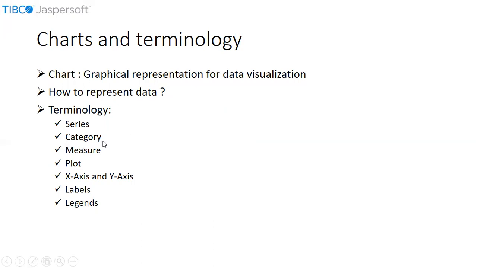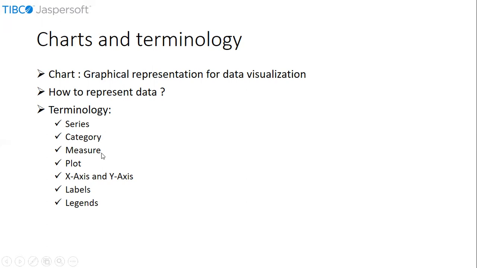Now, what is category? Category represents bins of the data. That means categories display the names by which the data is grouped. Categories correspond to the columns of the data in a given data range. In a product sales report, we can consider months such as January, February up to December as categories in a given year.